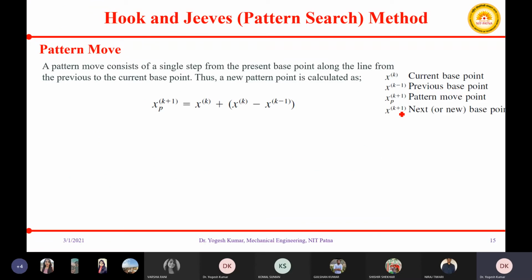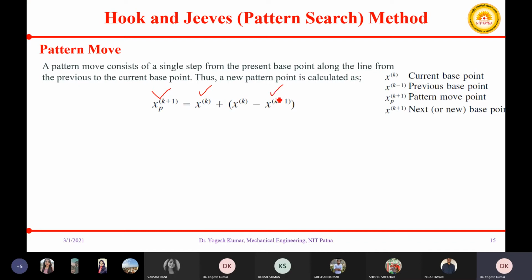Similarly in the pattern move, once we have got one exploratory point using the exploratory move, we calculate the new pattern point using this formula, that is x_{k+1}^p = x_k + (x_k - x_{k-1}).